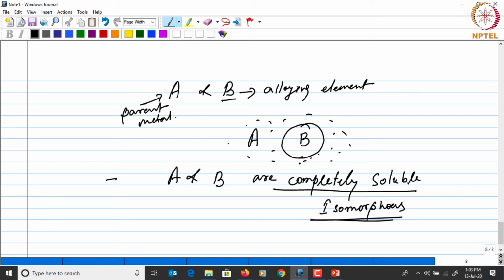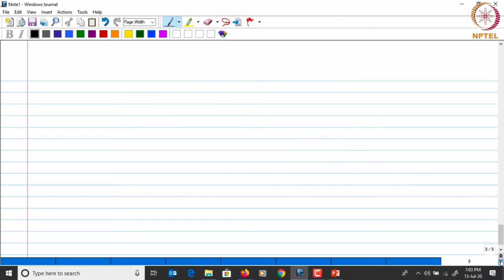Okay, so initially the homogenization is not uniform. There will be a steep gradient in the homogenization process or in the concentration. So if you look at the concentration as a function of distance,